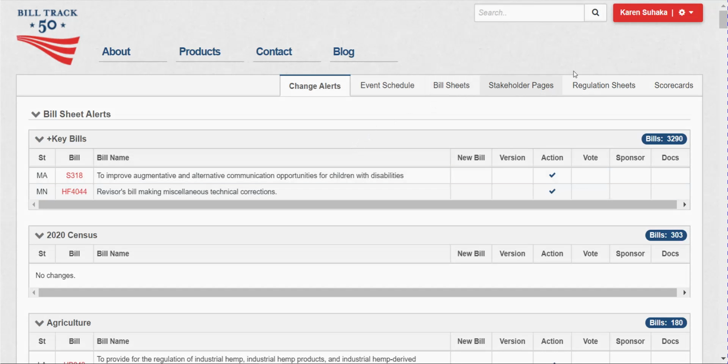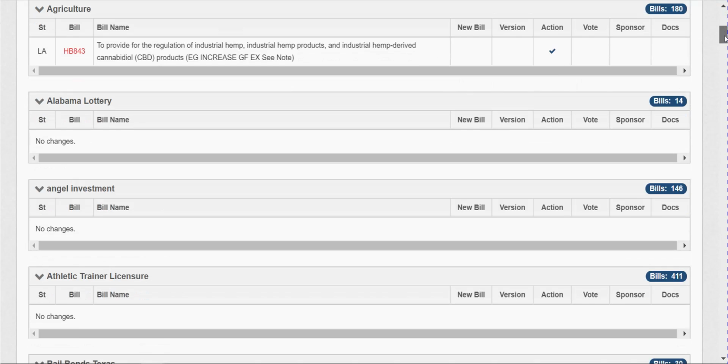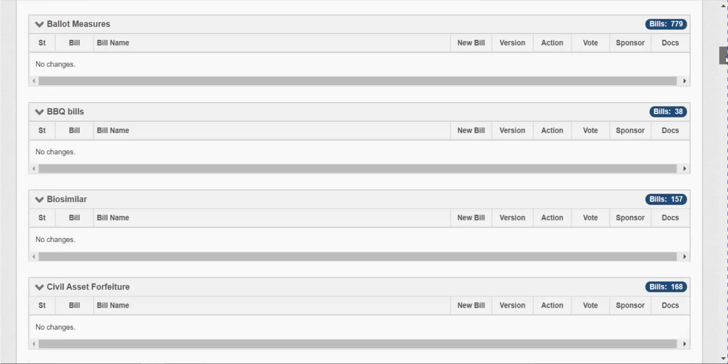Hi, this is Karen, and I am here to show you how to create a stakeholder page and some of the features that come along with it for either sharing internally for internal collaboration or for sharing with others or with the public. All right, so to get started, you need to have a bill sheet already created